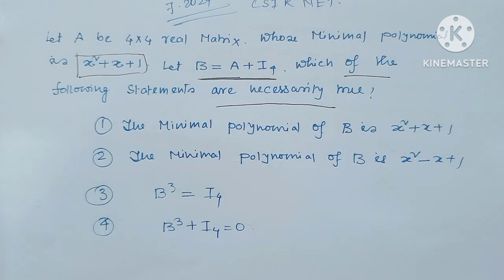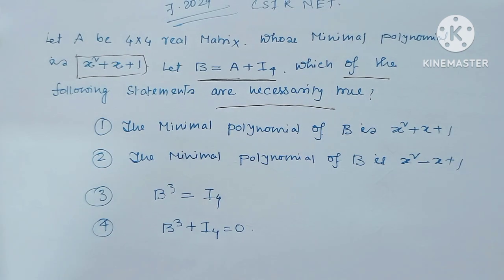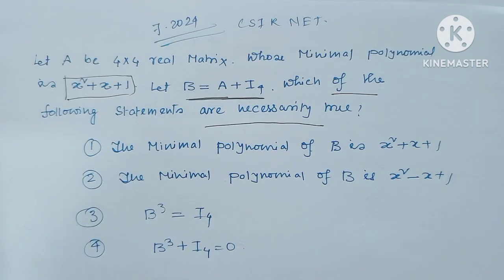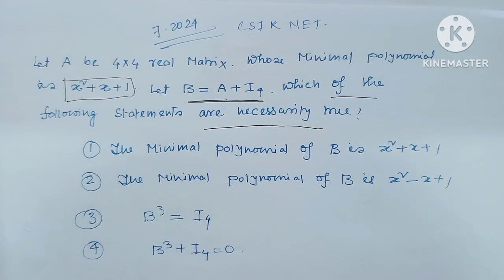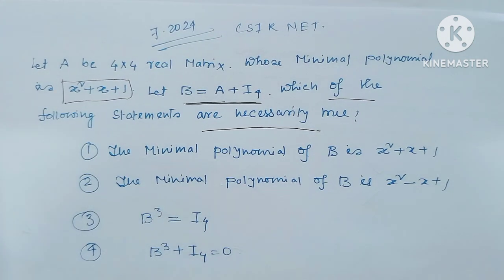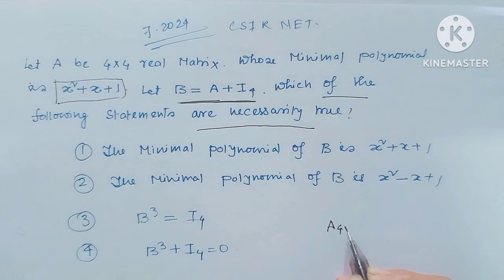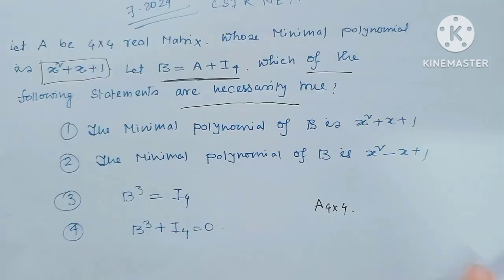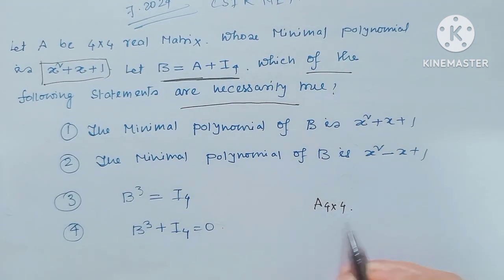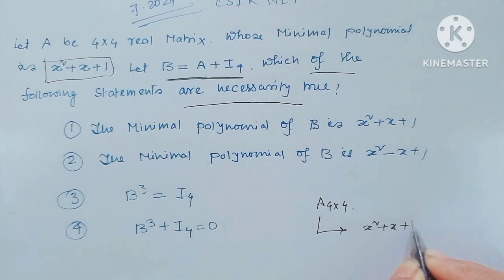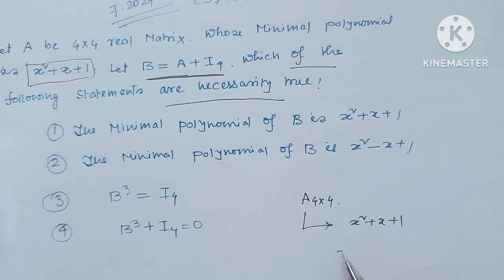Which of the following is true? This is a very conceptual question. We all know the eigenvalues of the minimal polynomial are the eigenvalues of the matrix. Here A is a 4 cross 4 matrix and the minimal polynomial of A is x square plus x plus 1. This actually means